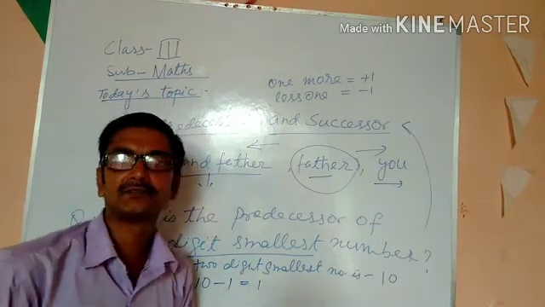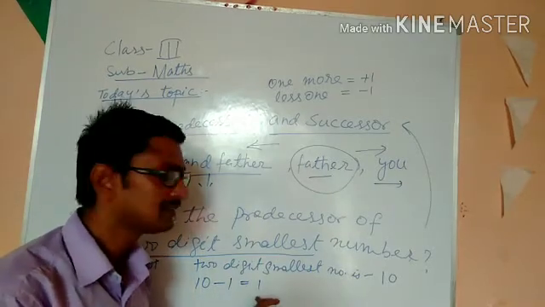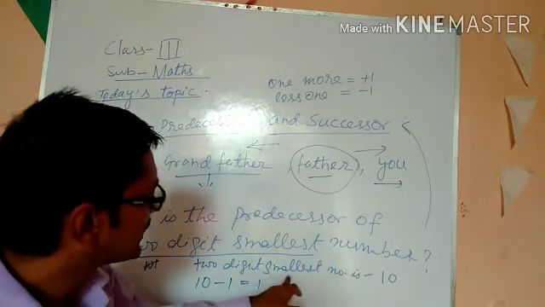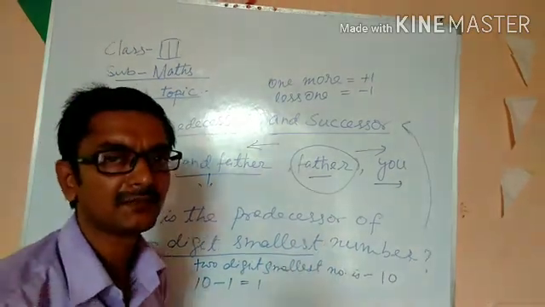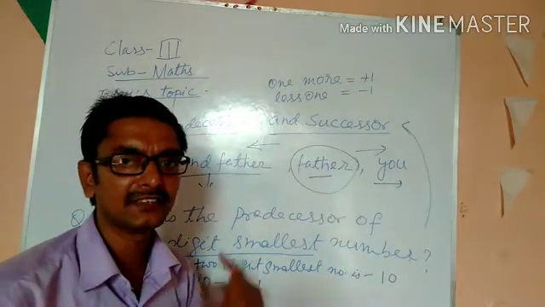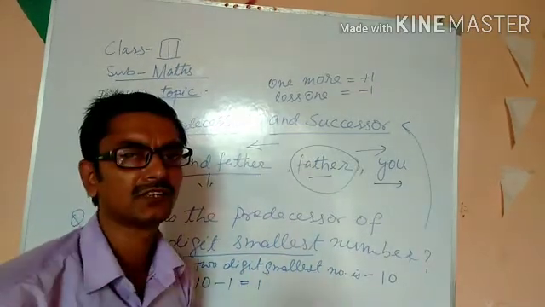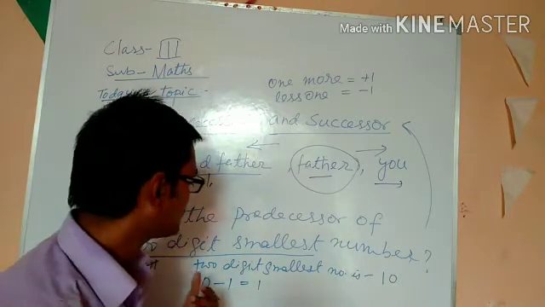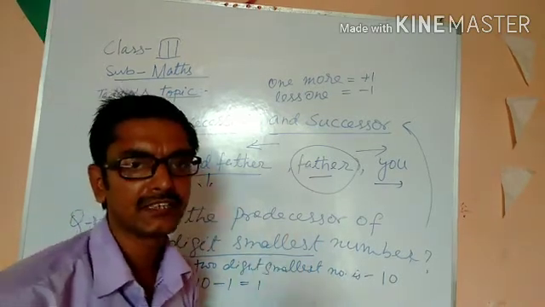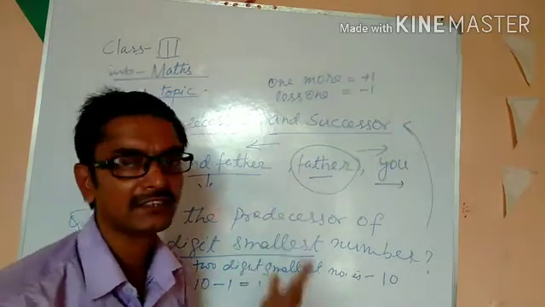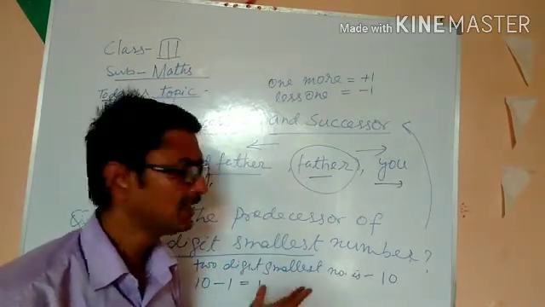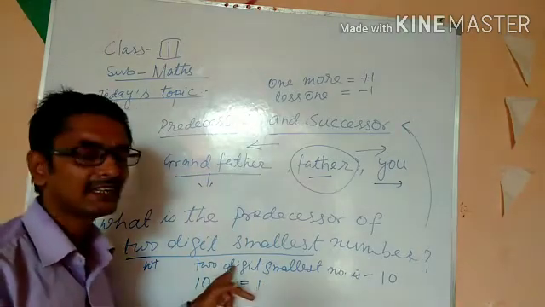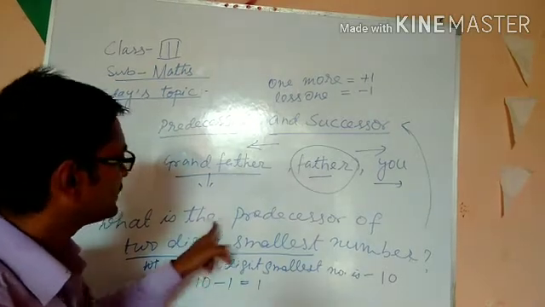We can see in most of the classes that, without writing the 2-digit number, the children imagine any kind of number in their memory and subtract 1, and they get the wrong number. First of all, you will have to know the greatest number and the smallest number of each digit size, as we have already discussed in the previous classes, up to 4 digits. That's why first develop the concept of the smallest and greatest number, then you will try this.